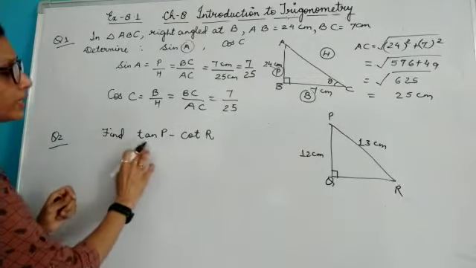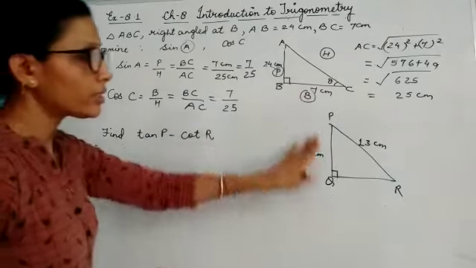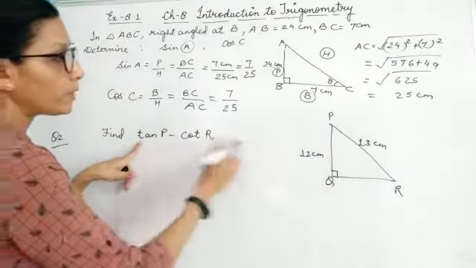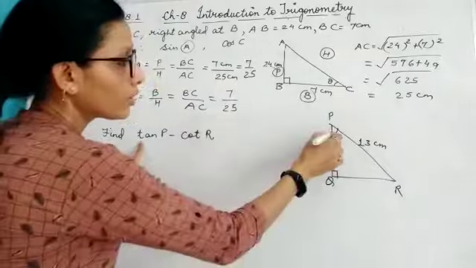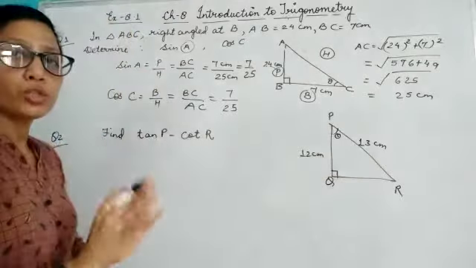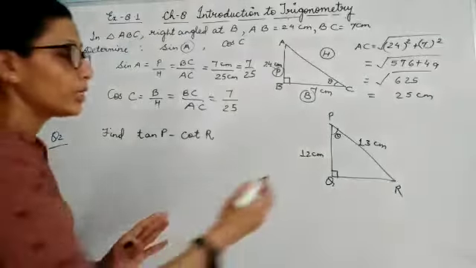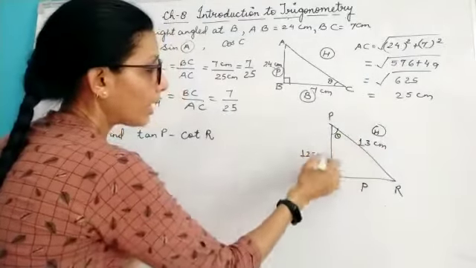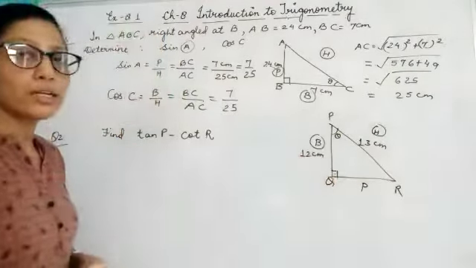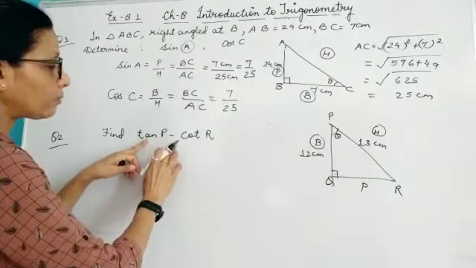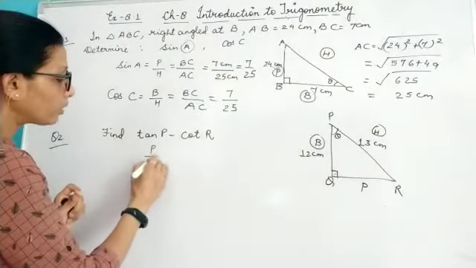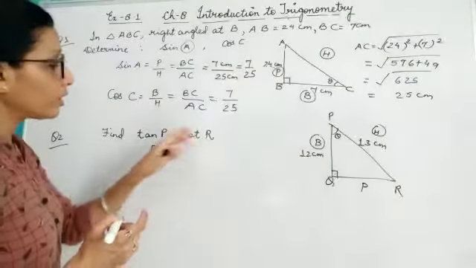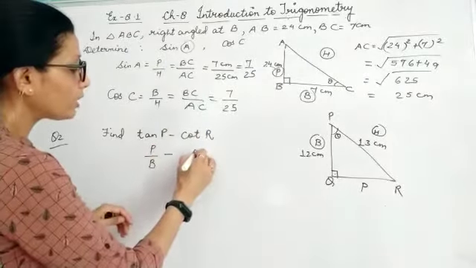Here it is given, find tan P minus cot R. This is the diagram given to us. So if I want to find out tan P, that means my theta is placed over here. So first of all I will fix my positions of hypotenuse, perpendicular and base. So this is 90, this will be your hypotenuse, this is theta, so this will be your perpendicular, and the rest, that means the leftover side, will be your base. Now I want to calculate tan P. Tan P is what? Perpendicular upon base minus cot R. Here the angle are not same. Yes, the formula for it will be B by P.